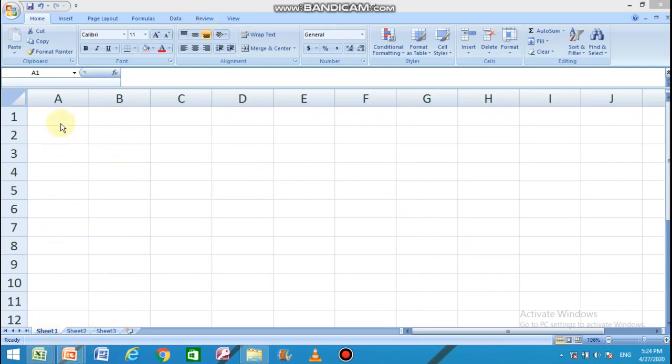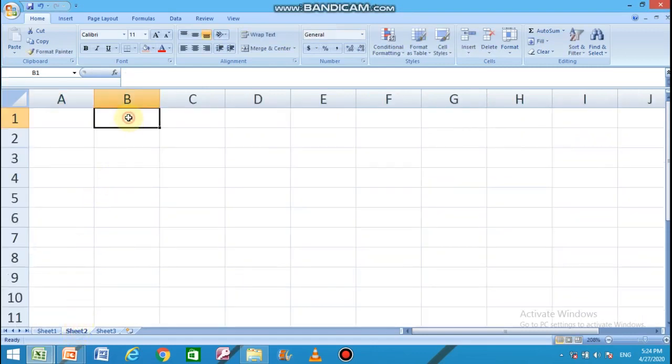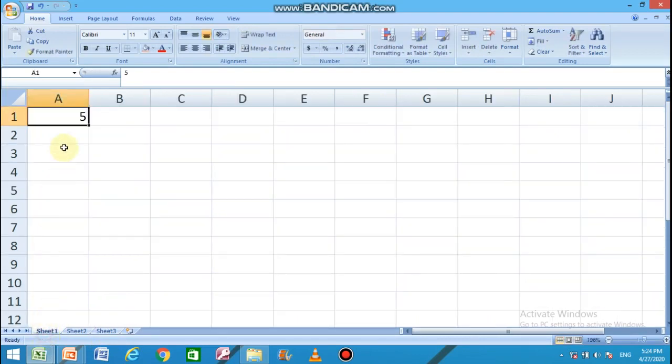Suppose in sheet 1, in cell A1, I typed 5. In sheet 2, in cell B1, I typed 5. And I want these two values to be added, and I want the result in sheet 3. How to do this? Very easy.